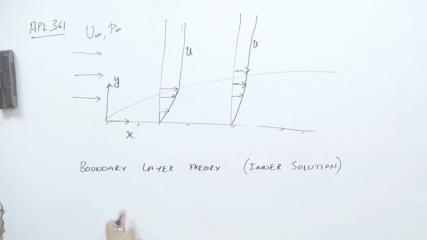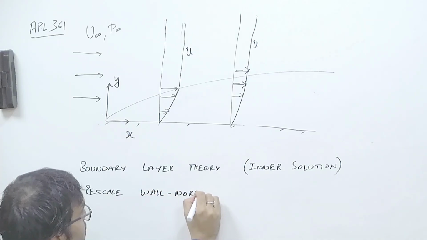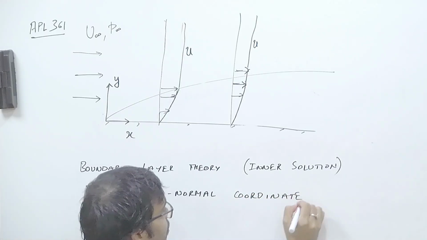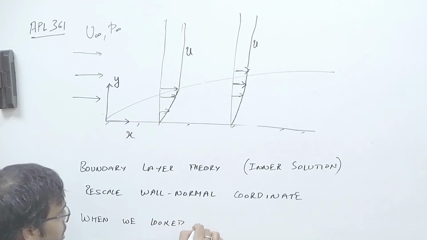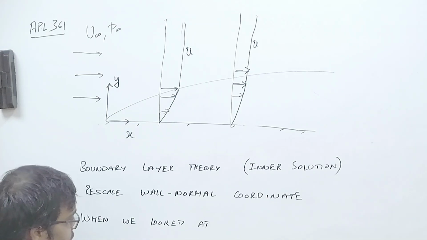So basically the idea of this inner solution is, again, we need to rescale our wall normal coordinate. Okay, we need to rescale the wall normal coordinate, and the idea was that so far when we looked at the dimensionless Navier-Stokes equation, so this guy,